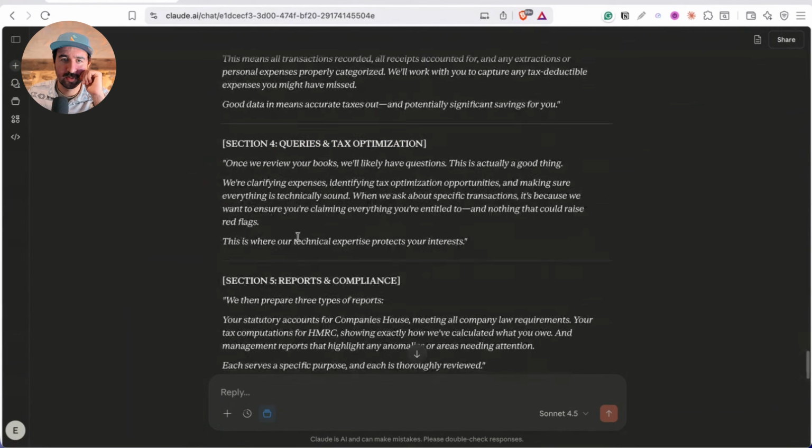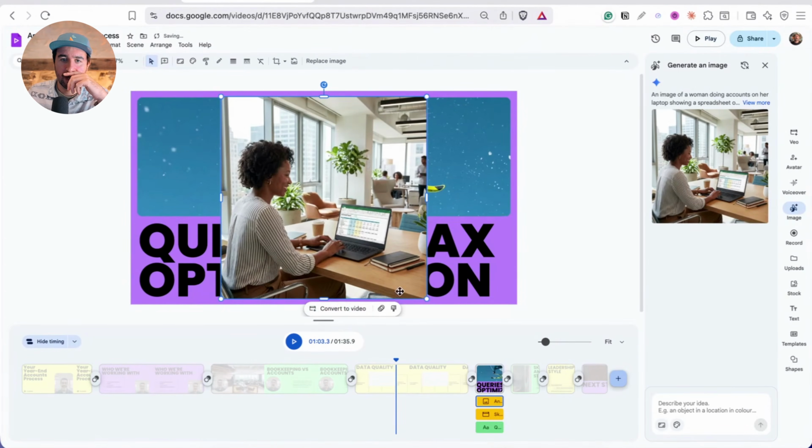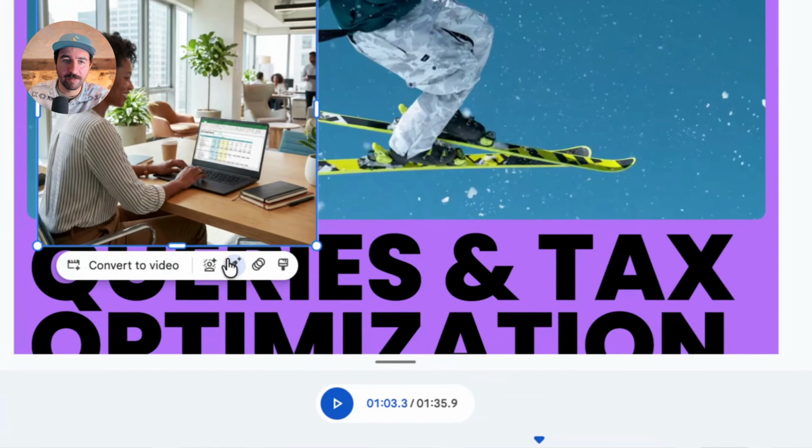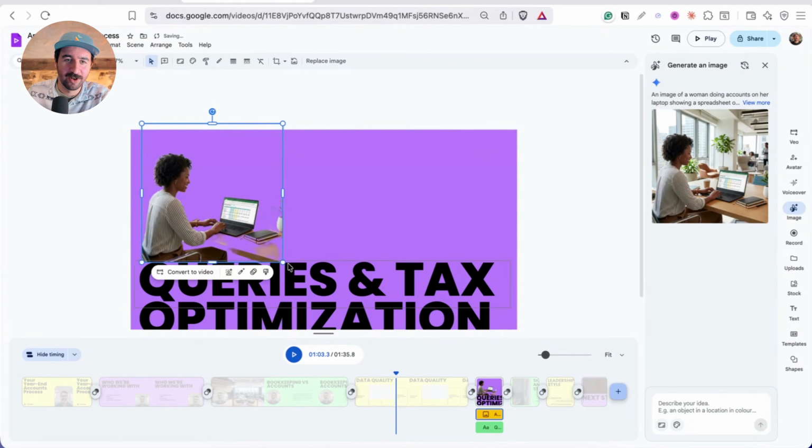So we'll change that title out as well, because this one was queries and tax optimization. We'll actually change the title there. We can say insert that image once it's generated nicely. One of the cool things is you can then manipulate images. You can actually edit it by asking AI to make the edits. You can obviously animate and change some format options, but we can remove background. So we can try the remove background tool here, and we just get the woman floating on her laptop for our scene here